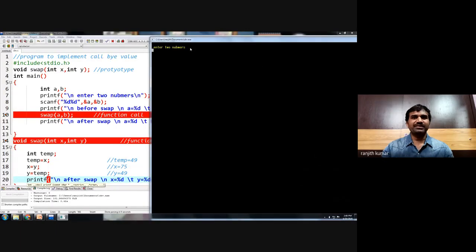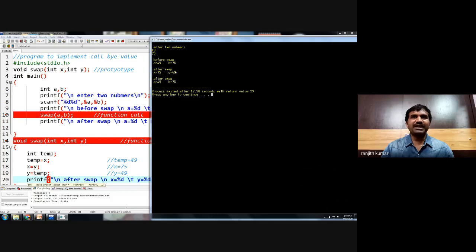When the system asks to enter two numbers, I'm entering 49 and 75. These values are accepted in the main function, and in main, before swap it is 49 and 75, and after swap also 49 and 75.